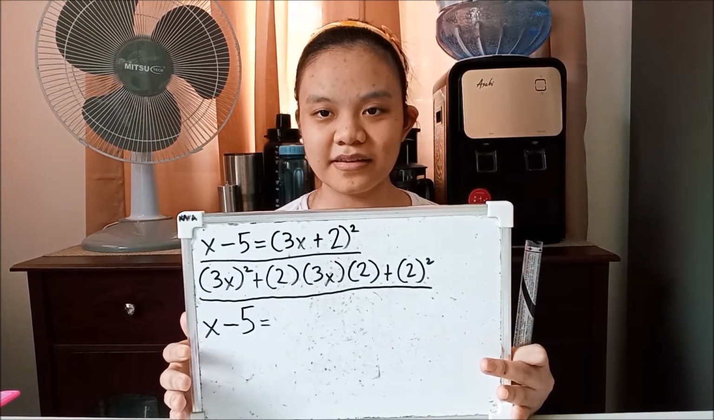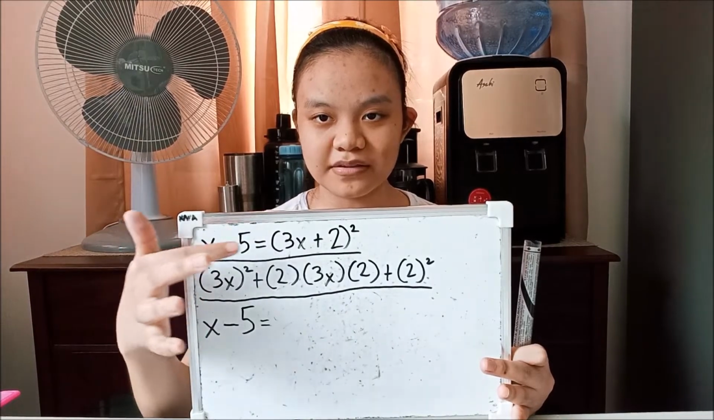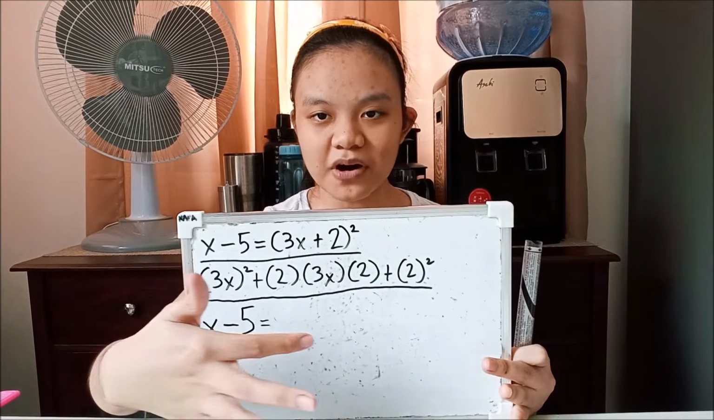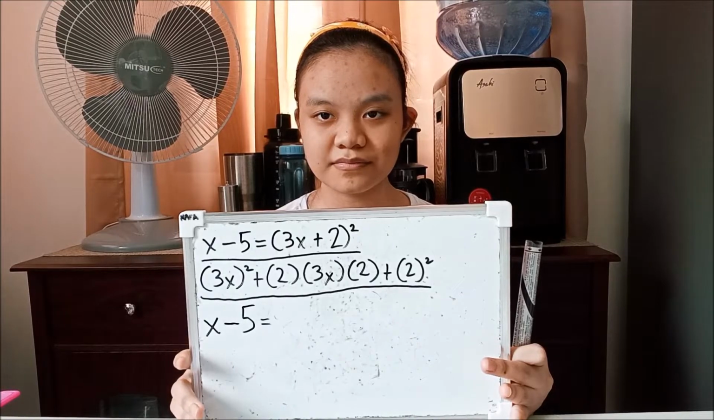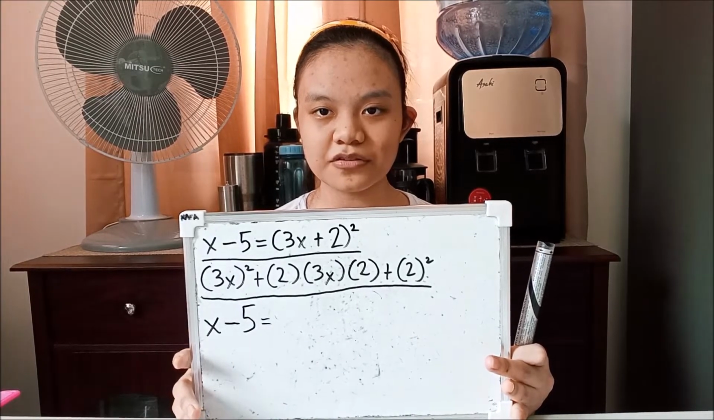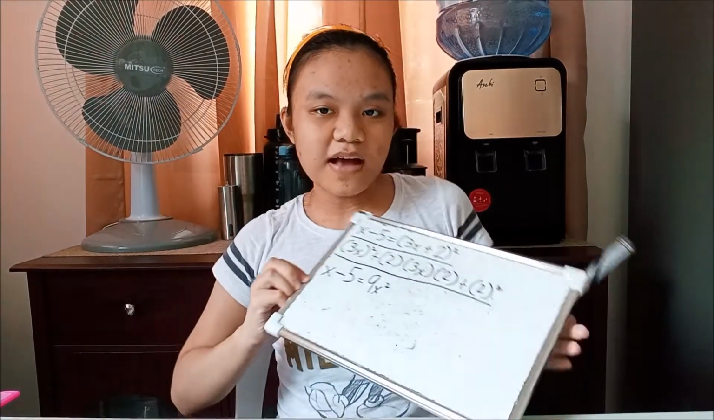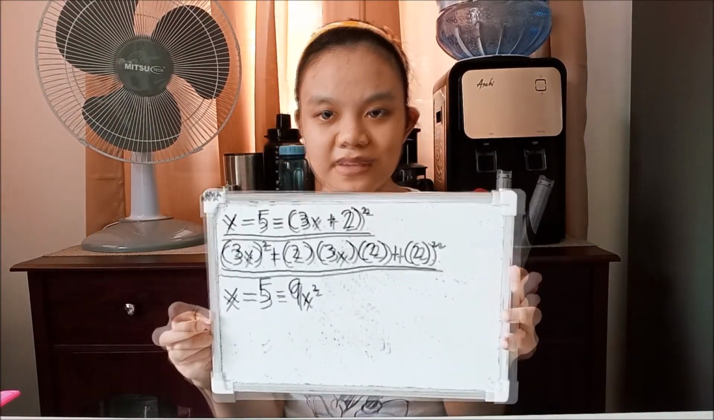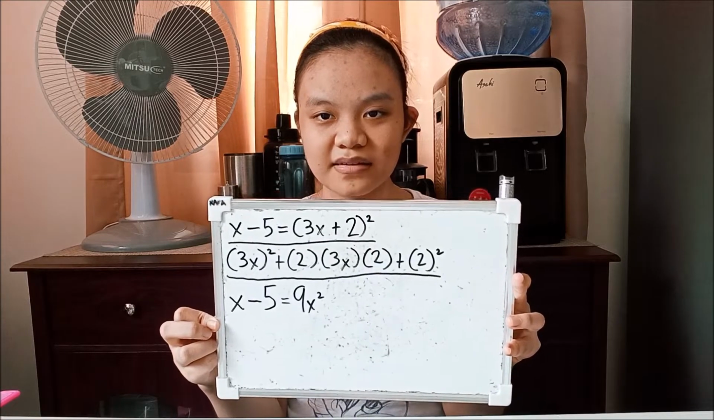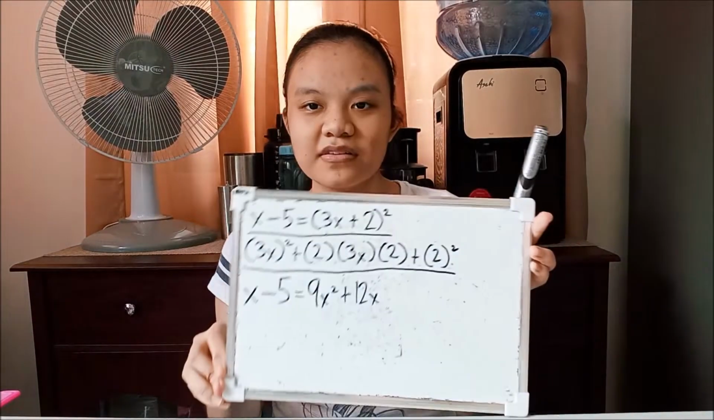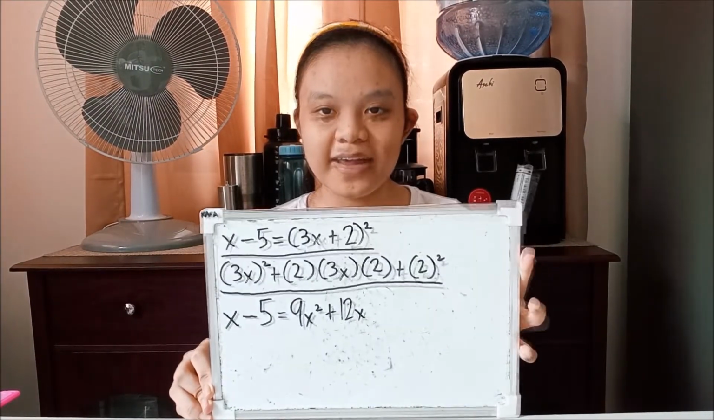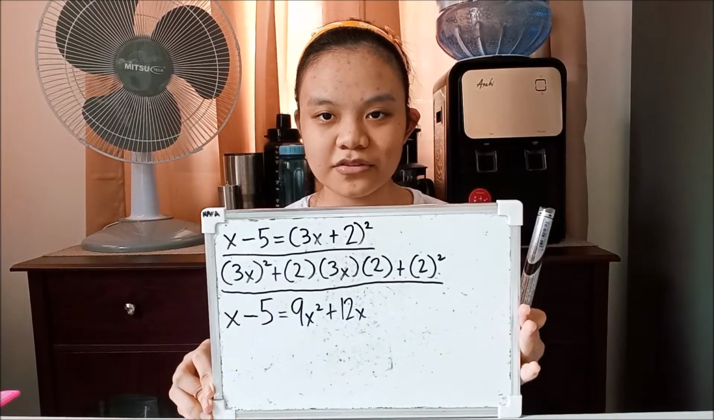So basically, in this example, we have to copy the left part. But the right part will be answered by the square of binomial method. So 3x squared is equal to 9x squared, and 2 times 3x times 2 is equal to positive 12x. And finally, 2 squared is equal to positive